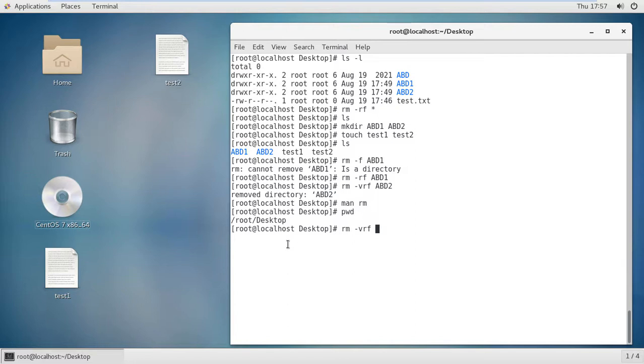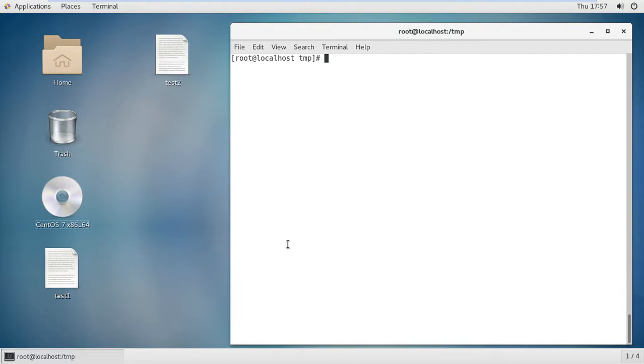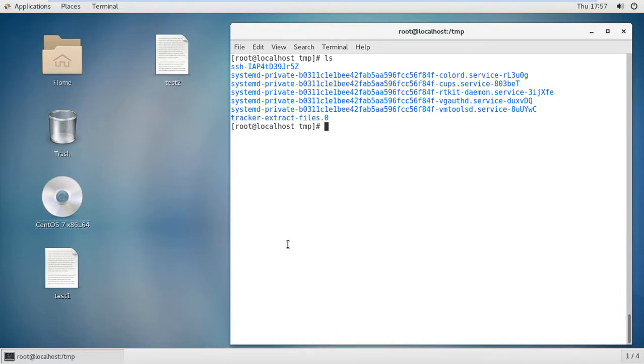Like your manager says, please remove everything in tmp. So remove everything in tmp. I'm just going to the tmp directory and removing everything in tmp.